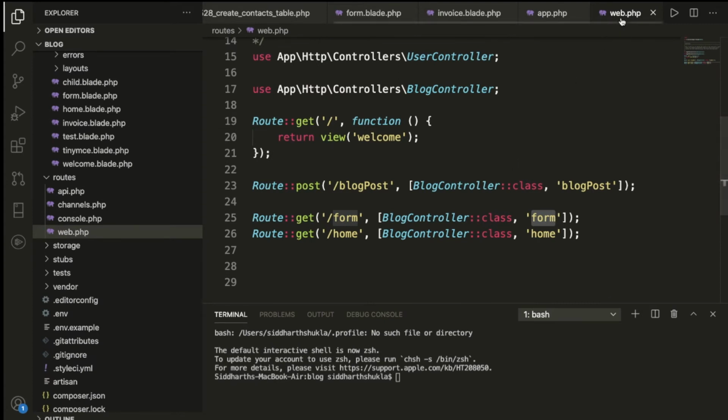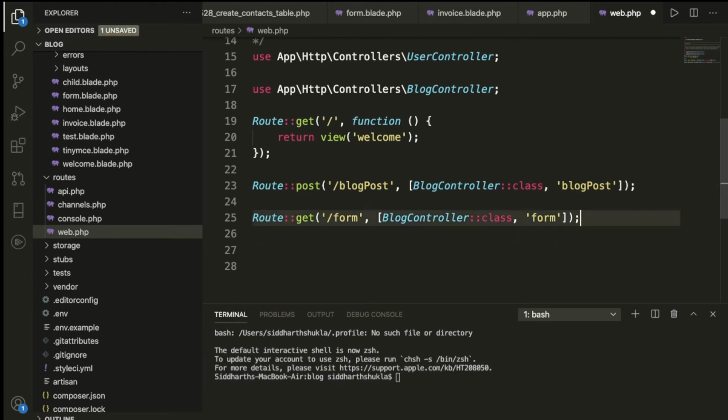This is basically routes. Inside the routes we have two methods, get and post. Let me remove this one. So we have the form, and inside of the form we call this controller and this function. If you don't know how to create a controller and how to call it from the route, you can check out my previous video. Whenever you create a controller, you should use this kind of syntax. Then we call this particular controller and also this particular function. The second parameter we have written here is the function. First is the controller and this is the function.